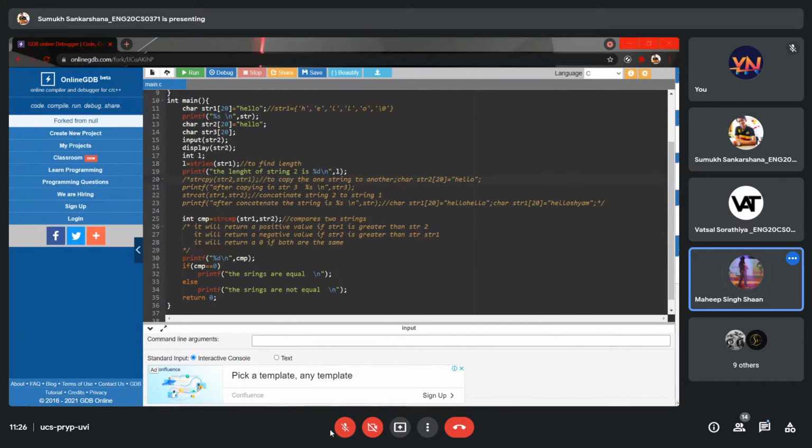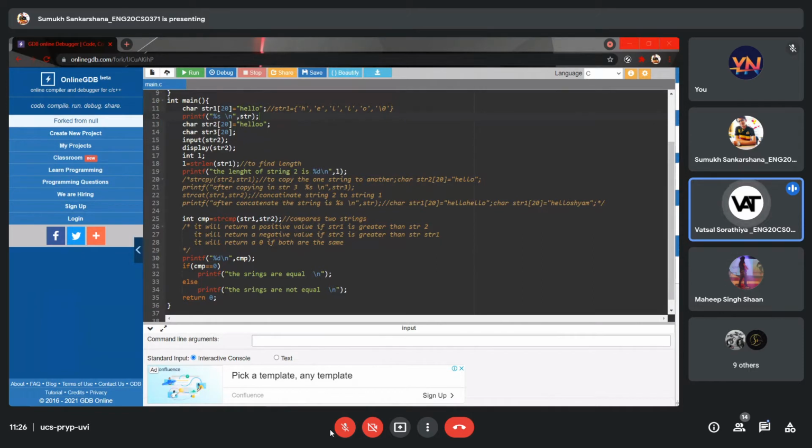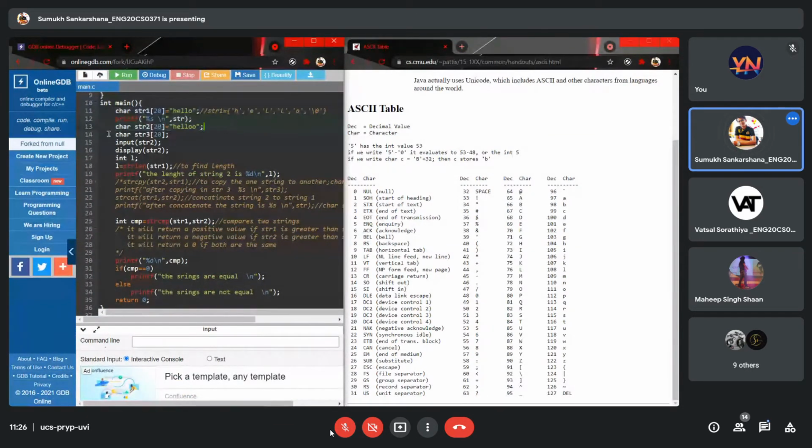Okay, let's take one more. Give one more value. We'll ask someone else. Just change the value and we'll ask someone. Sushant rejoined. Sushant, can you tell what? Just a second, I will post the string values in the chat box. You guys have to see. The ASCII values are here. Can you guys tell me what it will do for this case? There's a hello, there's a hello. So which is greater?